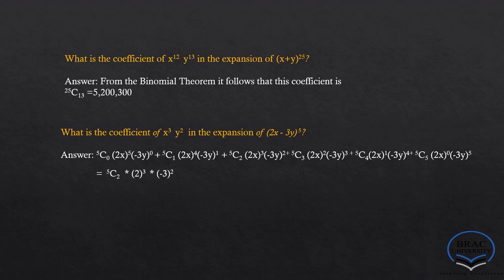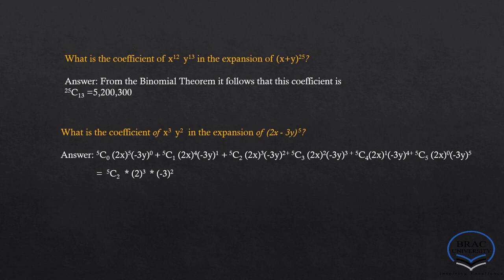The next question is, what is the coefficient of x^12 y^13 in the expansion of (x + y)^25? Now remember, we always know the rth term is determined by the power of y, right? So here the power of y is 13. So the coefficient of x^12 and y^13 would be nCr, which is 25C13. 13 would be the power of y. So we can calculate it. The coefficient is this big number,